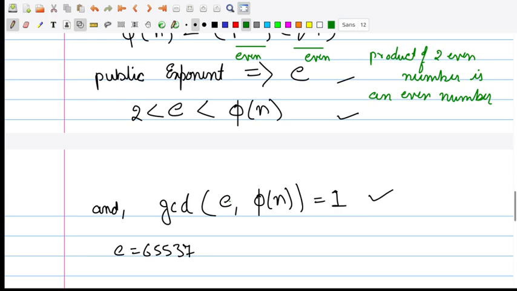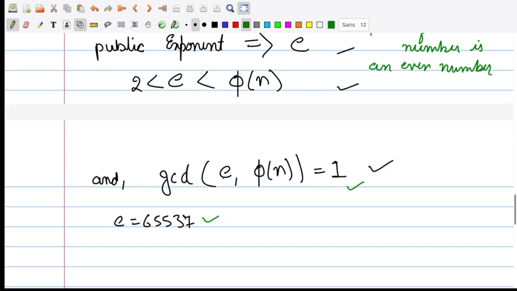Let us check. e could be an even number or an odd number, right? If e is an even number and phi n is also an even number, its GCD will be at least 2, isn't it? And by the way, we want our GCD to be 1, right? So for that reason, e will always be an odd number. All the time, e will be an odd number. That is just one minor observation which you can deduce by analyzing the nature of phi n